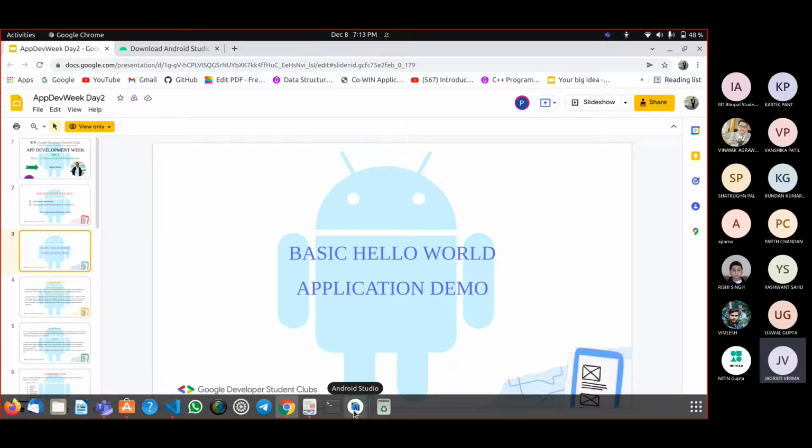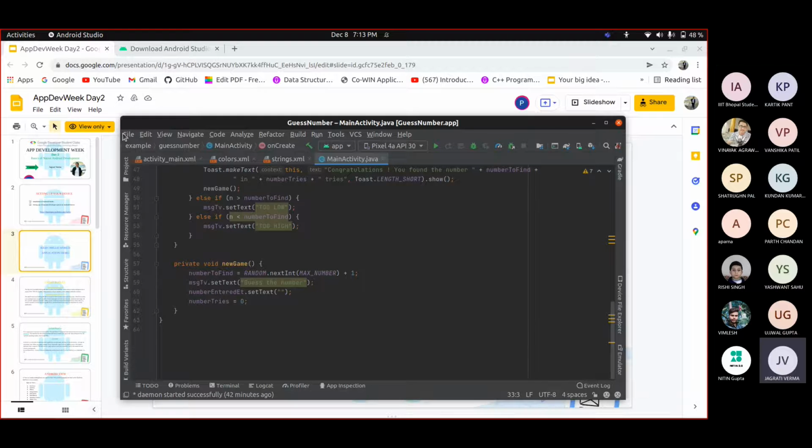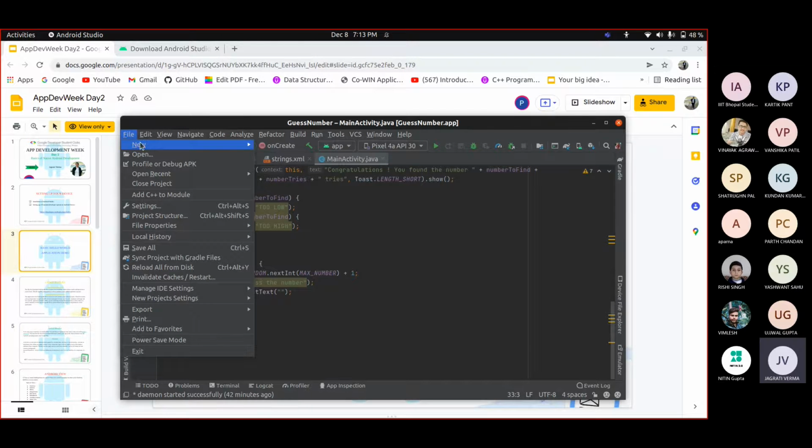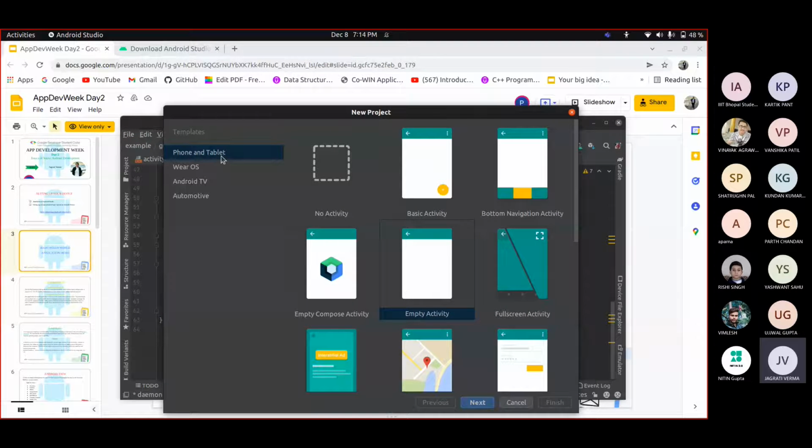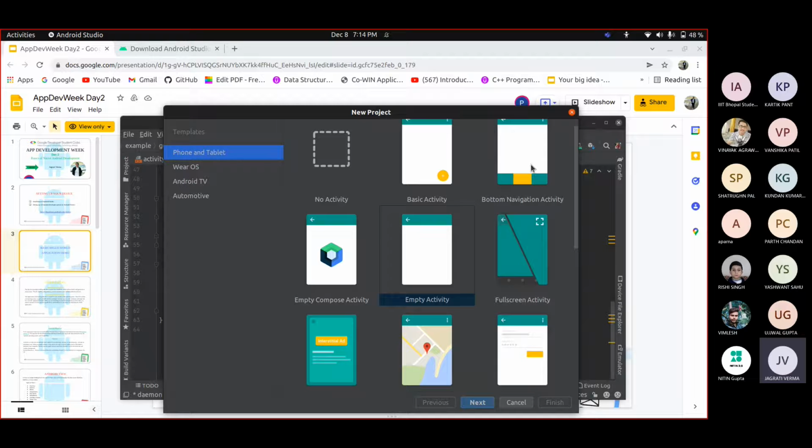So after installing Android Studio, you can create a new project. You can click on file, new, new project, and here for now we are going to build an application for phone and tablets. So I am going to click on phone and tablets, and then we are using an empty activity. We also have different kinds of activity, like we can create a bottom navigation bar using bottom navigation activity. I think it also has three fragments, like in Netflix you have seen we have three fragments, and a navigation bar given below.